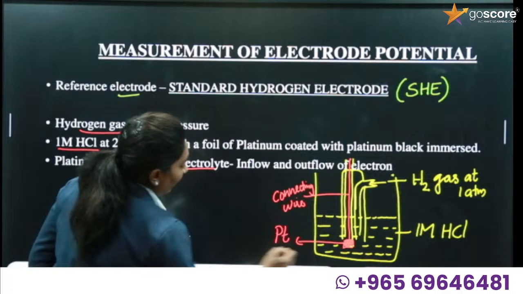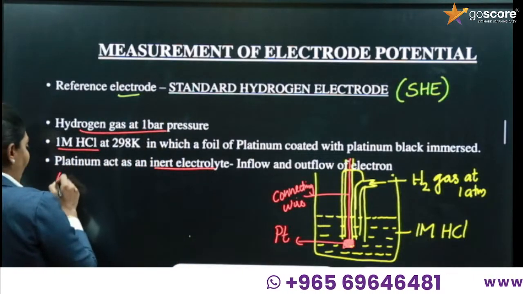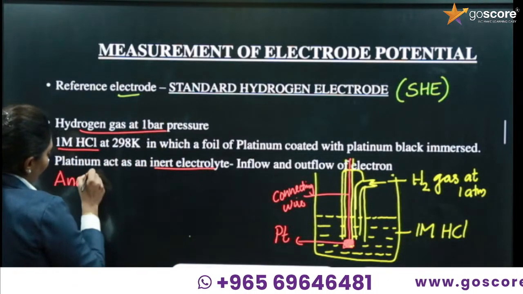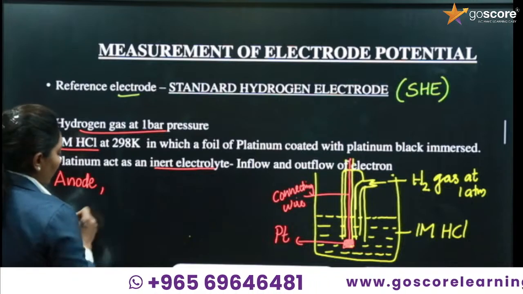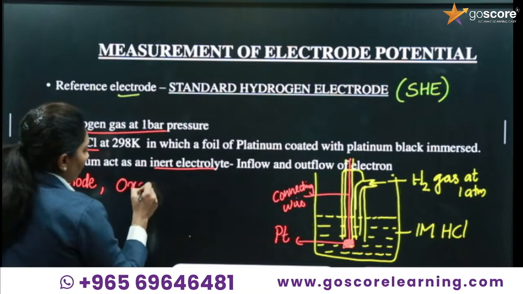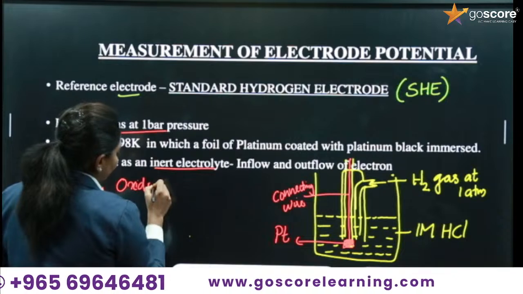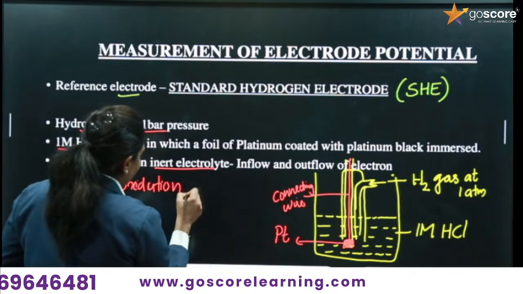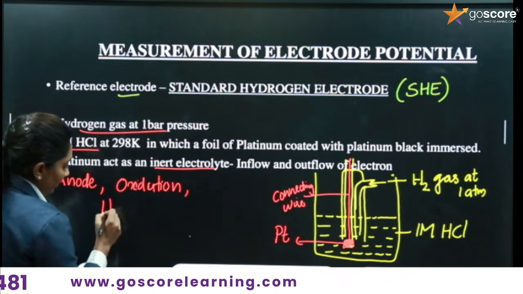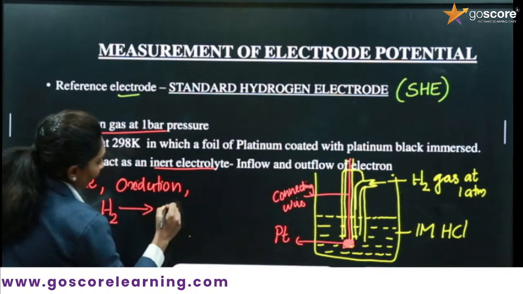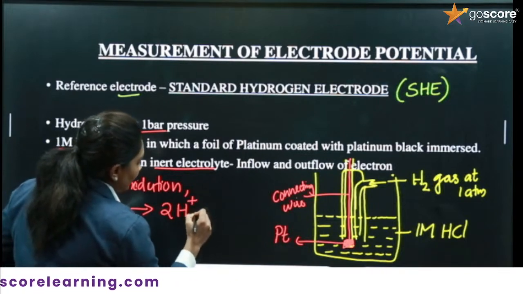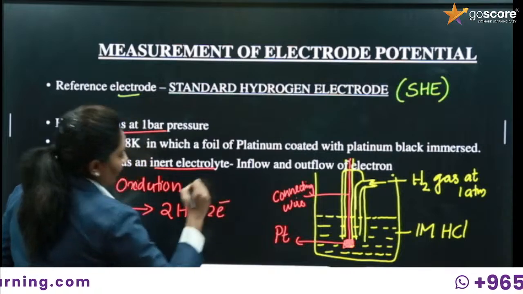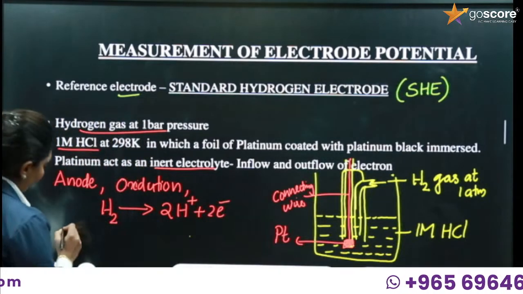Here we are passing the hydrogen gas, right? So at the anode, what happens? At anode, oxidation will happen, right? Oxidation means losing of electron. So at anode, this hydrogen will be converting into 2H plus 2 electron. And